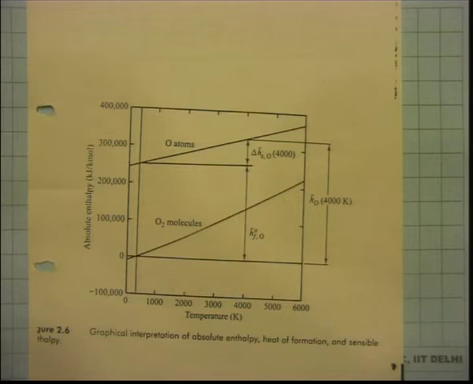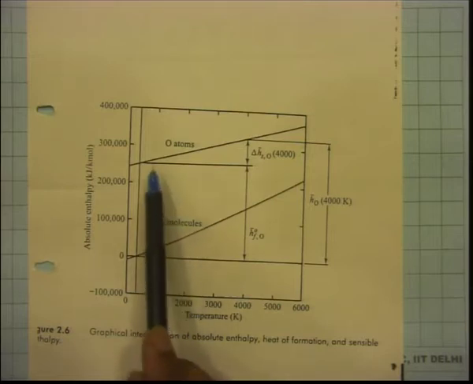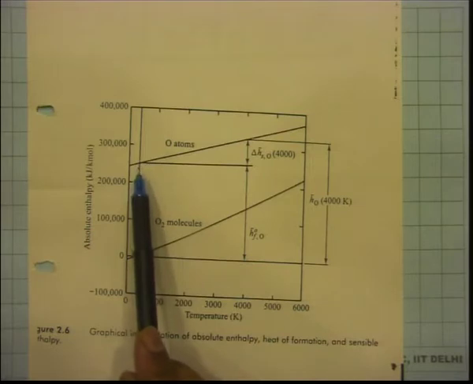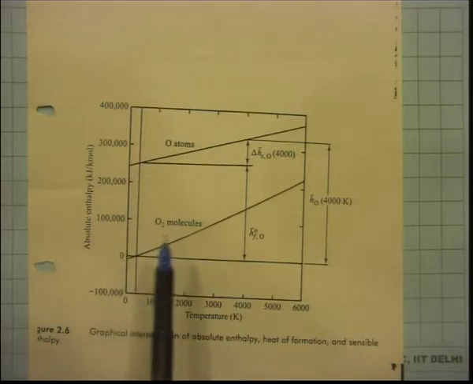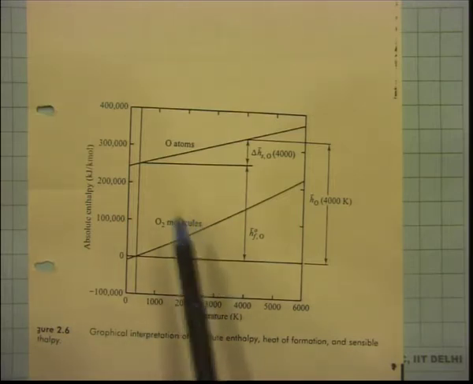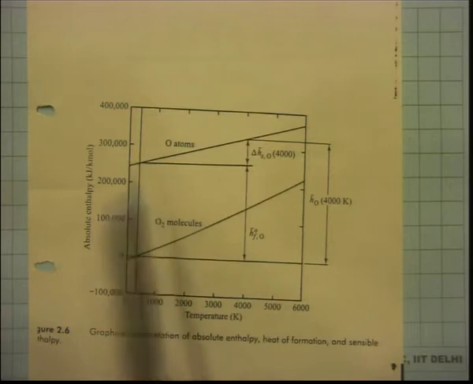This must be 298 Kelvin, because at that temperature the O2 molecule has an enthalpy of 0, since at 298 it is enthalpy of formation only, there is no sensible enthalpy change. So that is just 0, and the oxygen atom does not have a value of 0 because it is not a stable state of oxygen. Oxygen at 298 Kelvin and 1 atmosphere exists as a diatomic stable molecule, so O atom is not the stable state. So, it has some value.